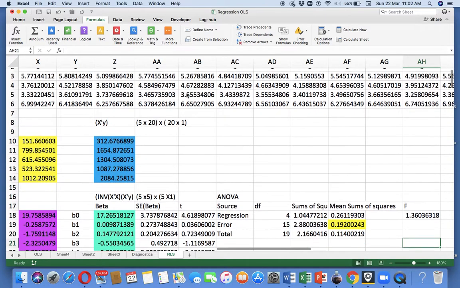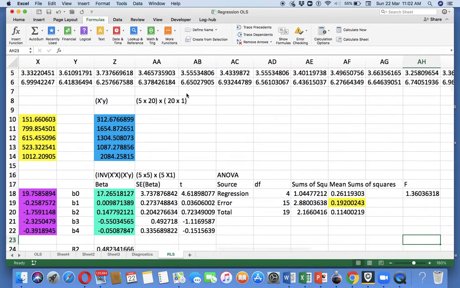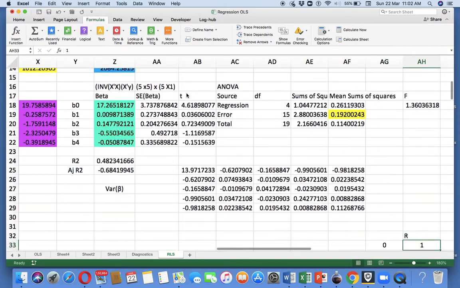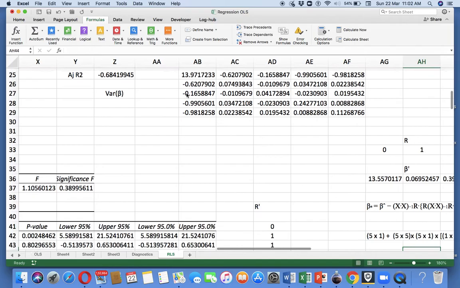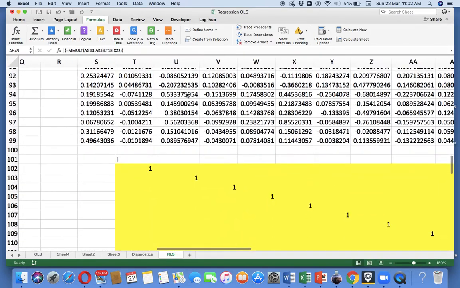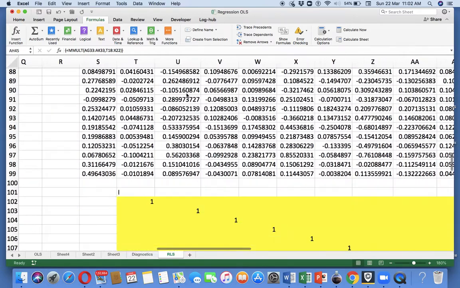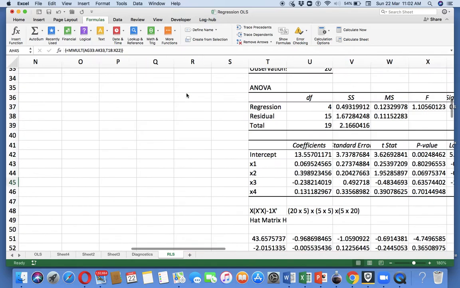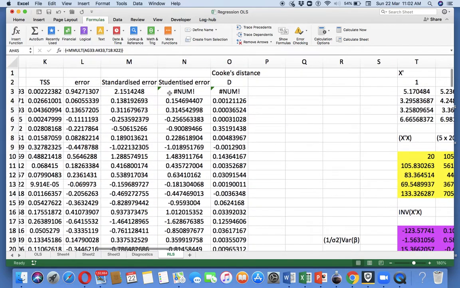It's all formulas, so everything changes, including the regression coefficient. The studentized residual, I just want to see what goes wrong. No, nothing's affected. I'll have to see why.